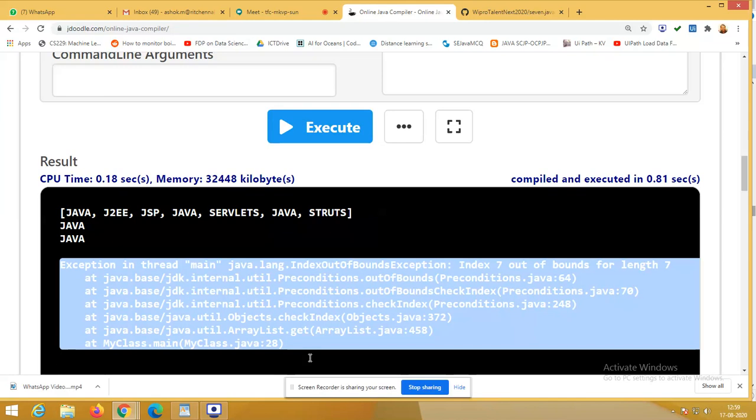Because it is ready to fetch the first Java, it is ready to fetch the second Java, but for the position I have given, the size of positions is 0, 1, 2, 3, 4, 5, 6. The seventh position is not available in the given list. So it is ready to access it. In that case, it will generate an exception.